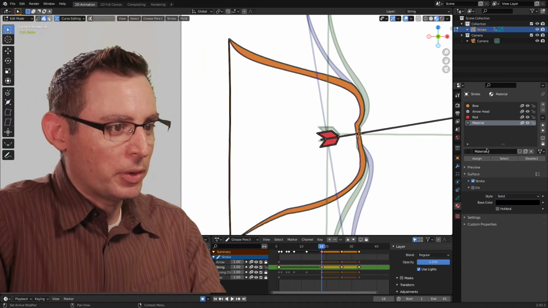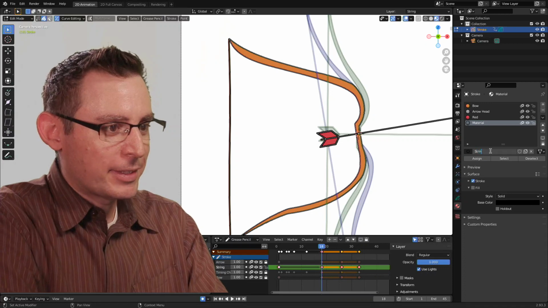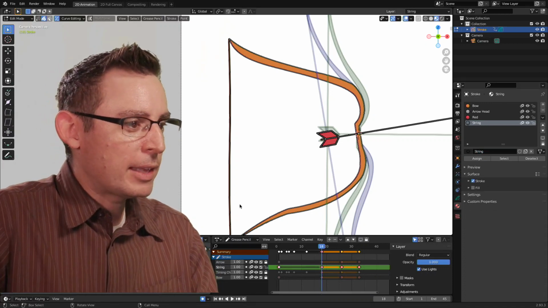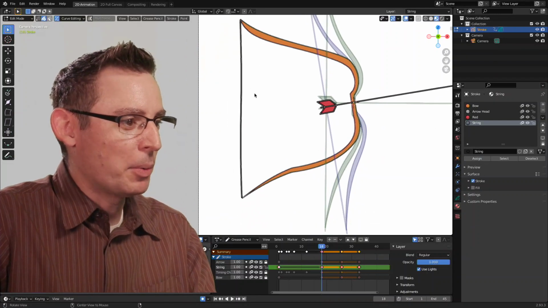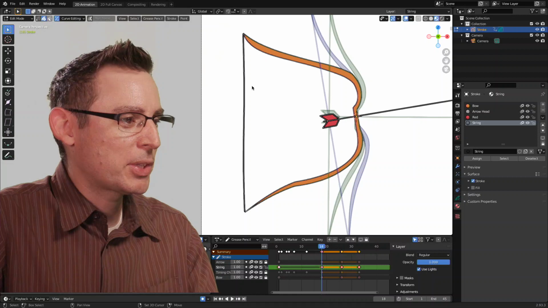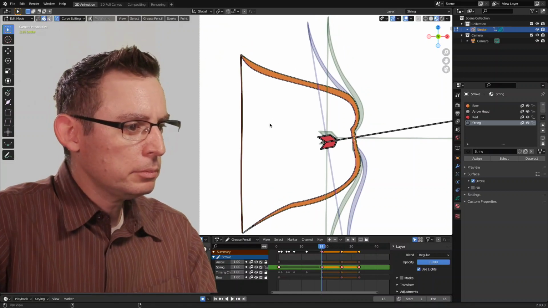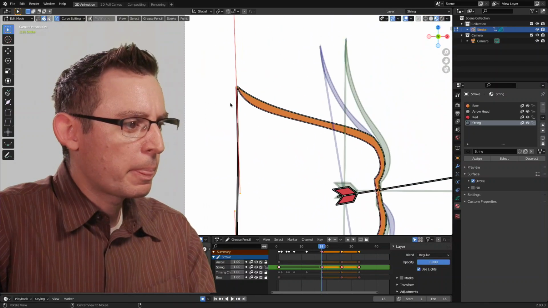Let's create a new material. Let's just call this string. And it'll be a stroke. We want to have it be fill. With that, I have my stroke still selected, and I'll assign that material to that string. That way we won't get that funny little fill shape that we saw a second ago. Since I'm still in curve editing mode and I got that selection, let's start to work on the string itself.